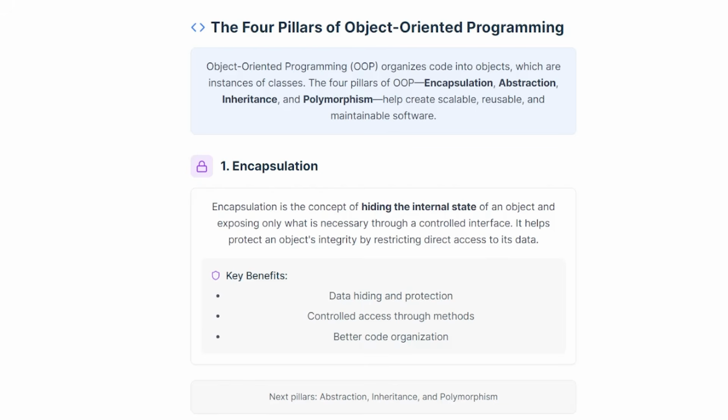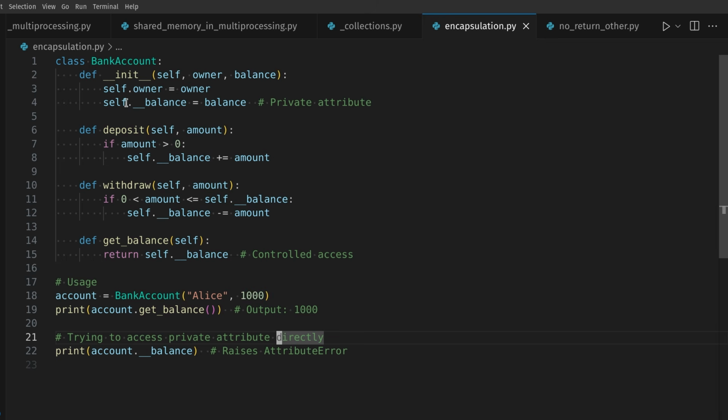Encapsulation is the concept of hiding the internal state of an object and exposing only what is necessary through a controlled interface. It helps protect an object's integrity by restricting direct access to its data. Now in Python, we achieve this by using the double underscore to denote a private attribute. So here we initialize a bank account with a